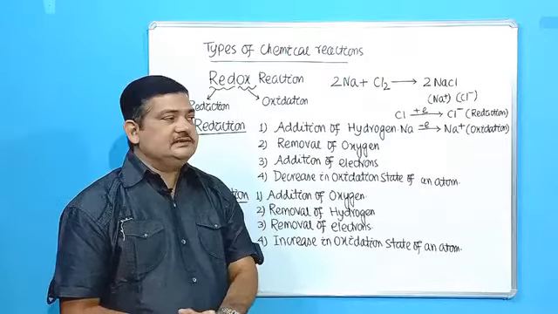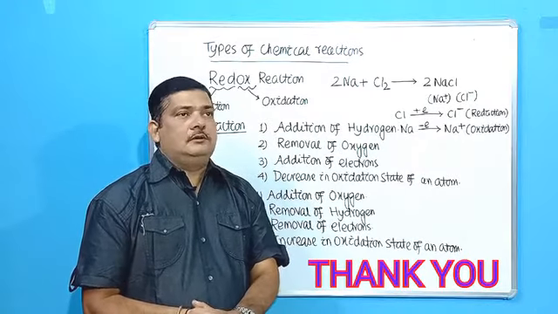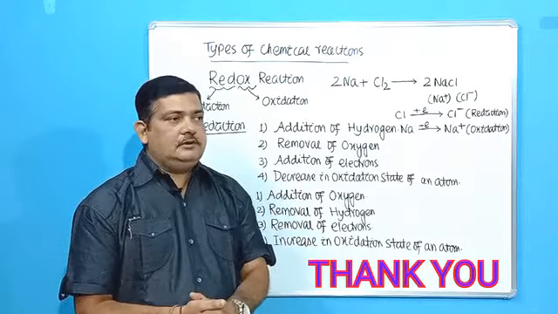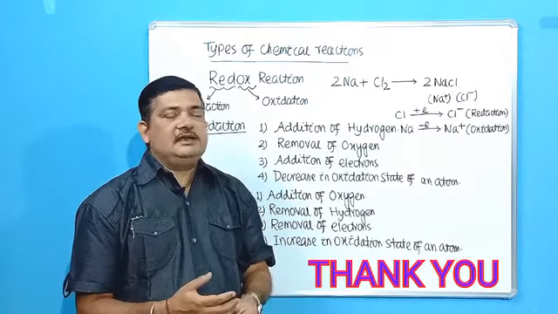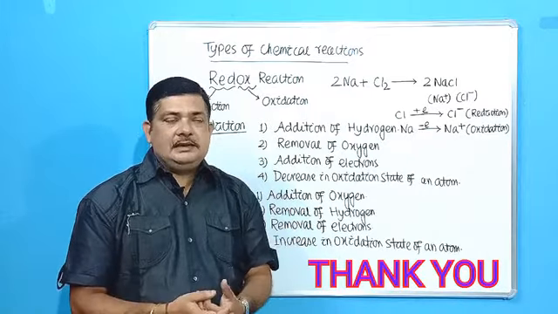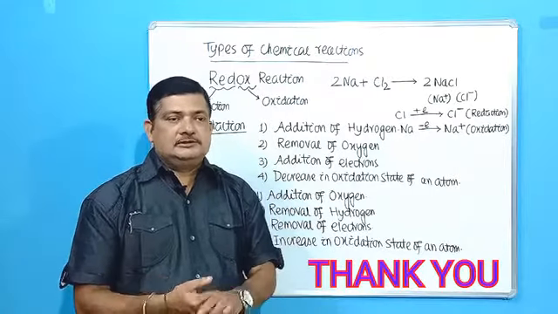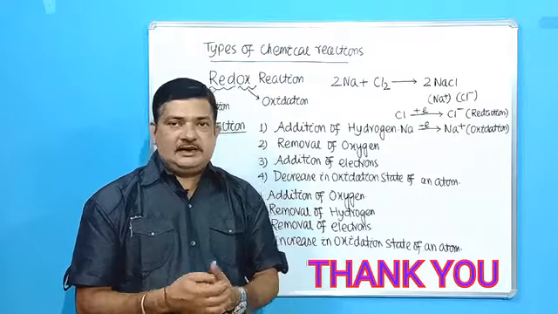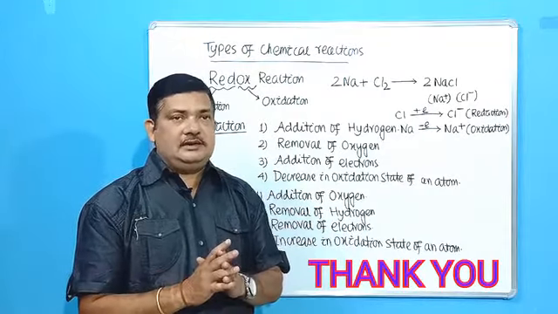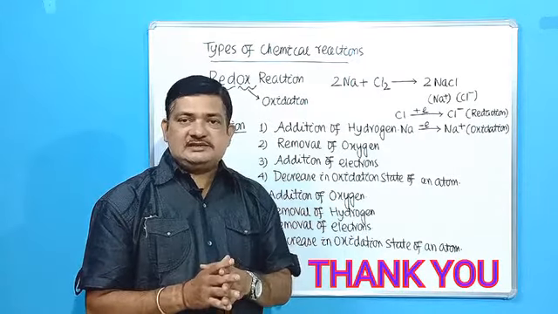Then this is for today's students. In the next class, we will be discussing chemical equations. You know, this is the shorthand representation of a chemical reaction. Suppose we want to depict the reaction taking place between hydrogen and oxygen to produce water. So what do we need to tell? Now hydrogen reacts with oxygen to produce water. So this is a long form. Any chemical reaction which is taking place can be represented in a shorthand manner. That representation is called chemical equation, which we will be discussing in the next class.